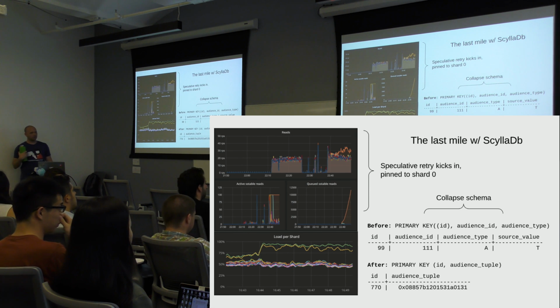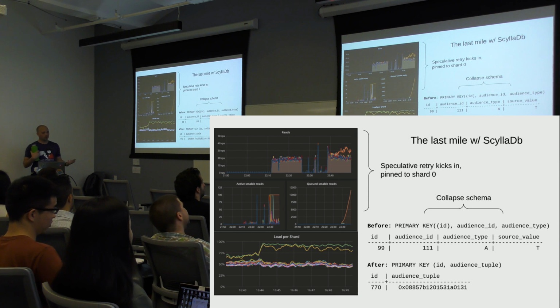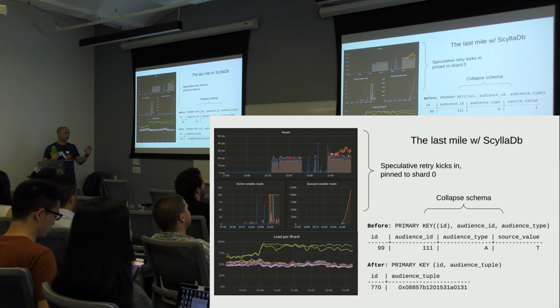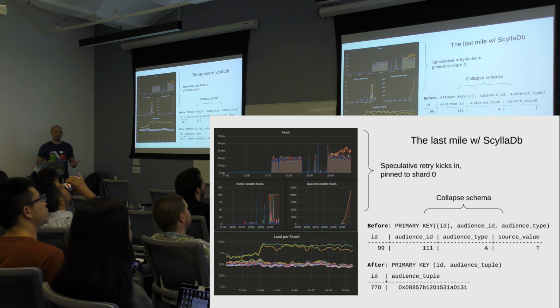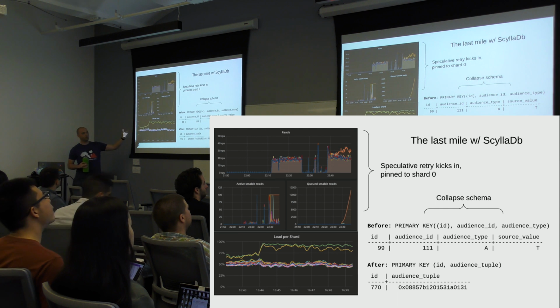With the last model of ScyllaDB, we had gotten pretty far, but we still had these imbalancing issues. We weren't getting full utilization on these boxes. A blessing and a curse of the monitoring and metrics you get out of it is that it'll tell you pretty clearly. We had a lot of our cluster, these are shards, so CPUs, sitting around 50%. We were pegging two of them, and we didn't know why. So